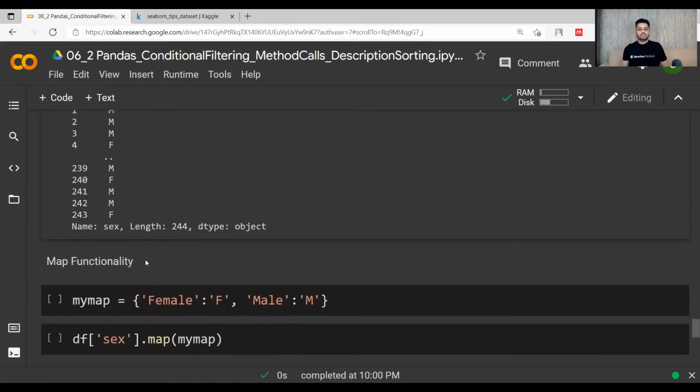Now let's do the same thing using a dictionary. There is this map functionality. You simply write a dictionary, let's say with the name my map.